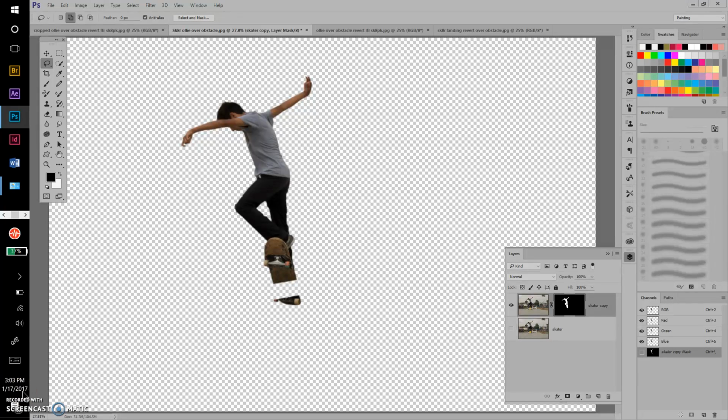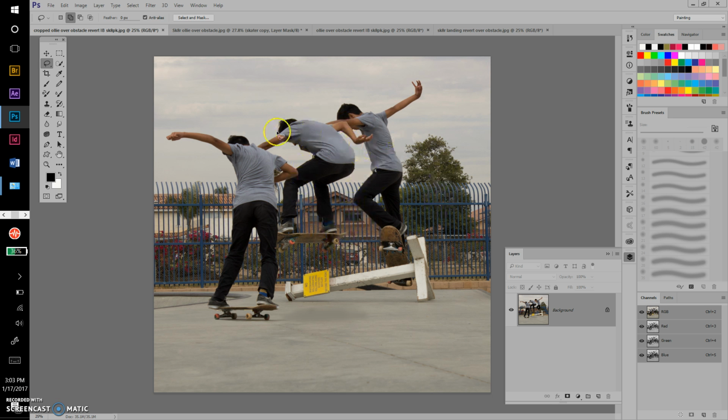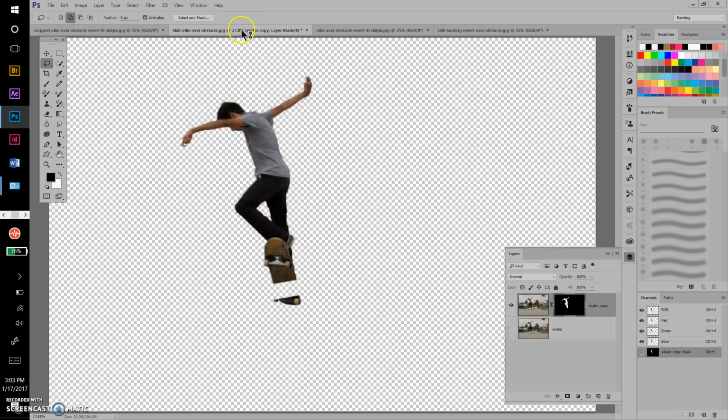Alright, in this video I'm going to continue where I left off with creating the composite image. And again, I'm eventually trying to get something like this. So in the last video I did a quick selection of this figure of the skater, created a layer mask, and if you notice in the layers, the layer mask is showing up over here in